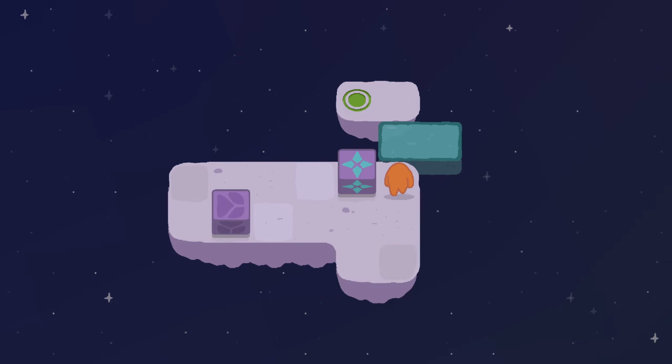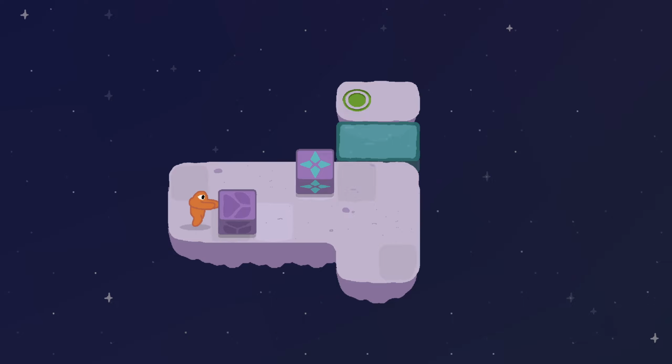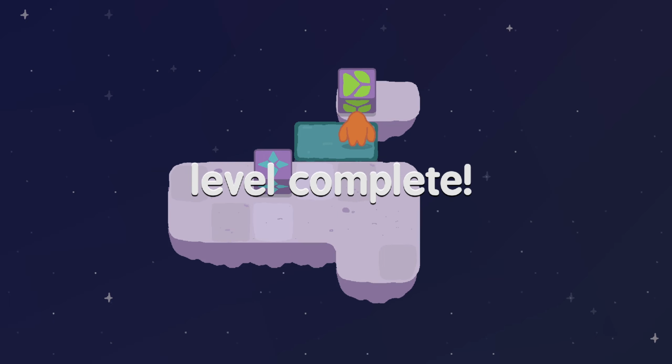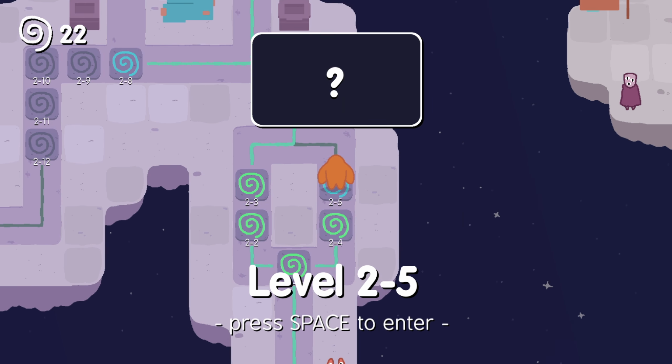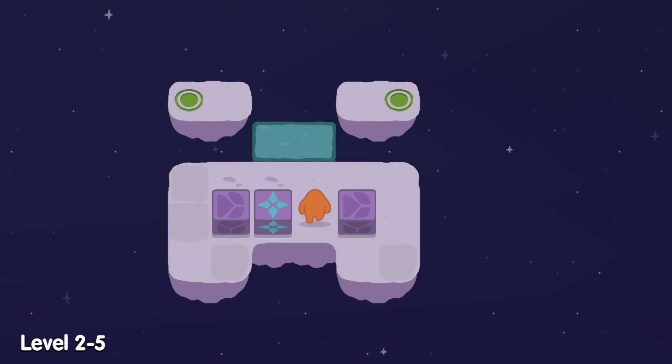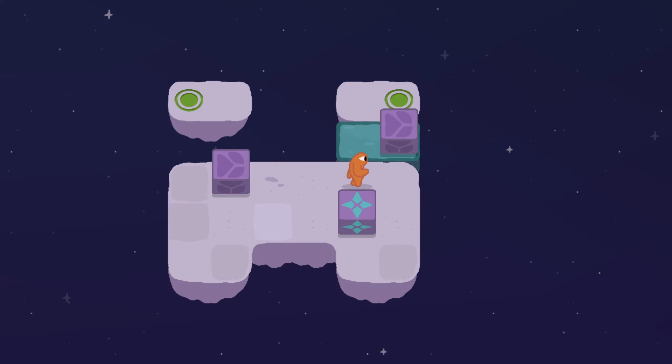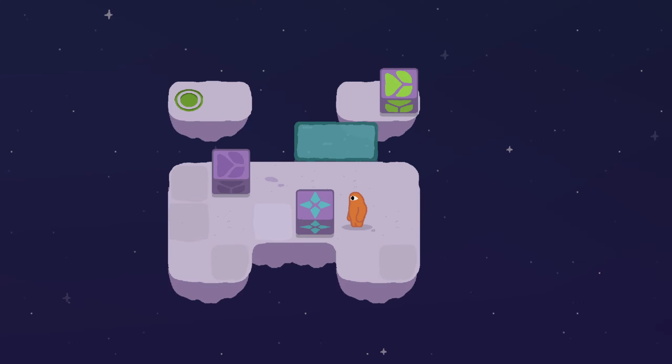This will always do that. But if I put that there, I can move it once to the left and get it to where it's going. Good. 2.5. All right, 2 cubes. First one, right there. Then the second one,